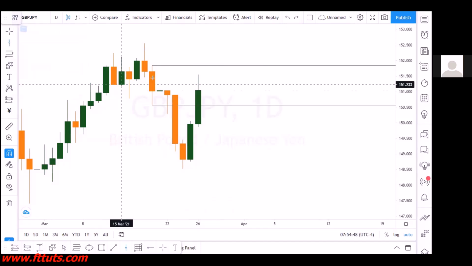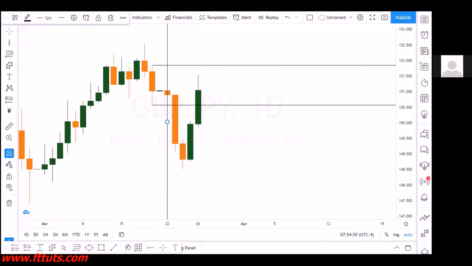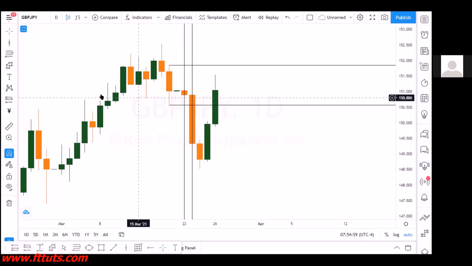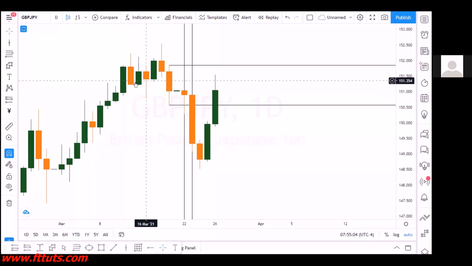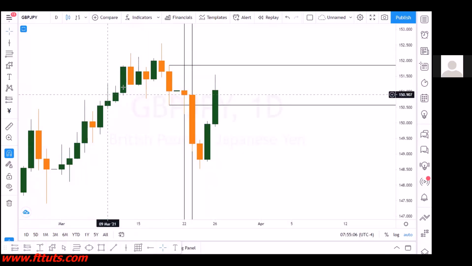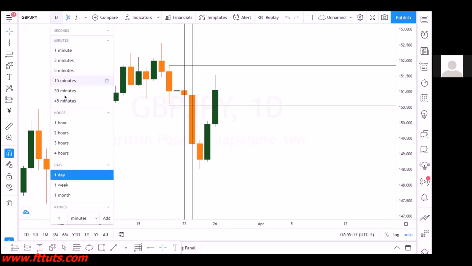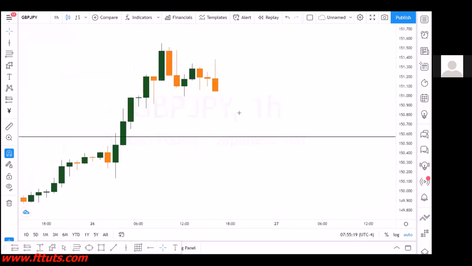So the next thing I do is a daily separation from the previous days, because I don't want too much noise. As I said before, all this information here is noise. So you don't want to make the information noisy for yourself. You're trying as much as possible to cut off unnecessary noise. So now your focus should be on just this one candle alone. You don't have to focus on anything else. This one candle alone. So now what I'll be doing is going to the 1 hour time frame